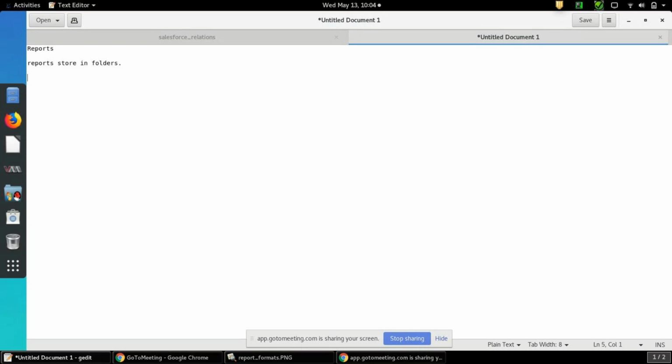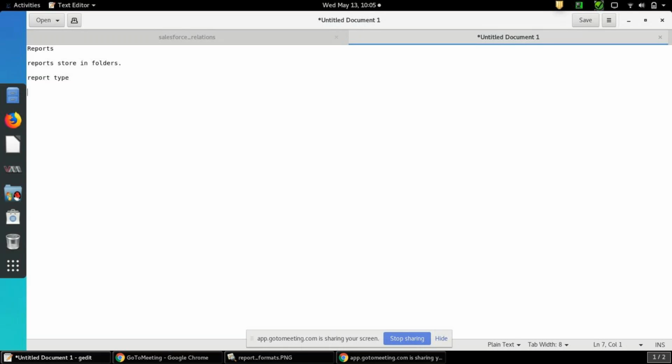And the main thing we should know about is report type. What is report type? There are many standard objects, and there are many custom objects. If I click new report and create it, it will take only one object.